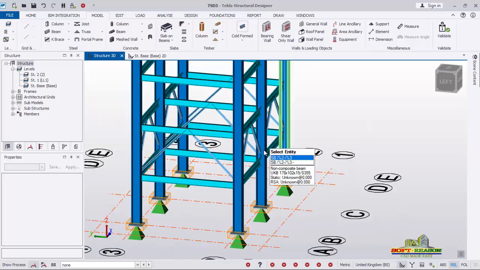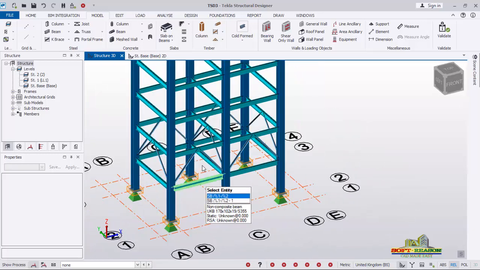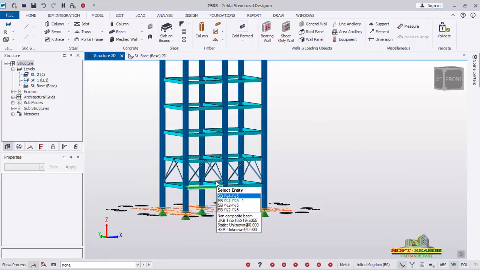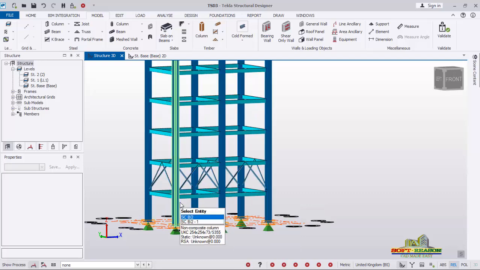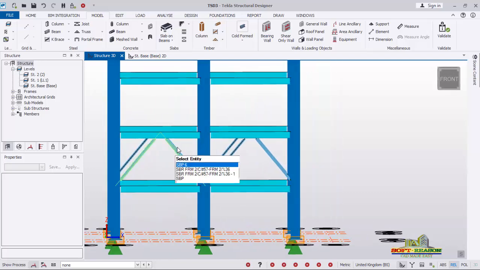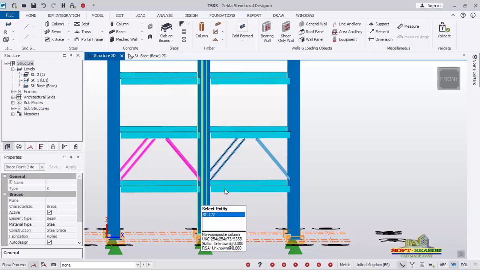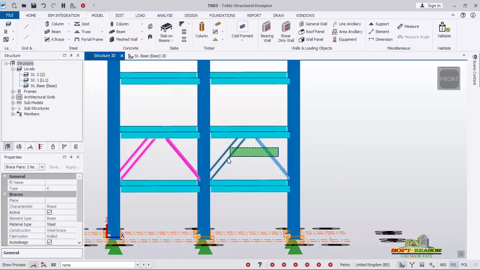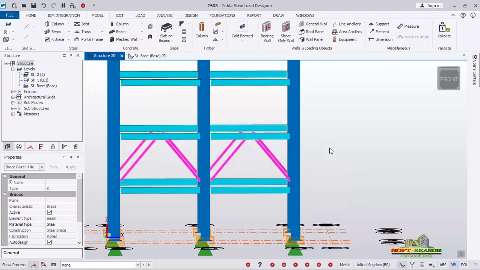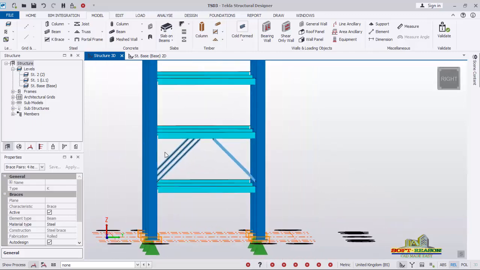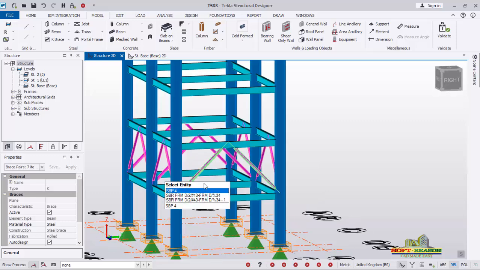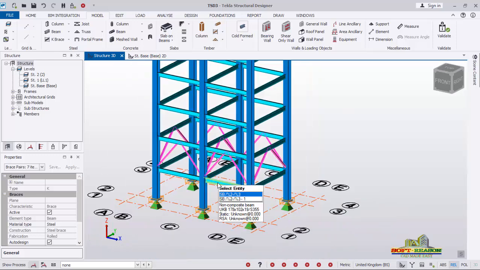All right, so having this instructed successfully, we want to be populating these equal angle braces to other provisions. And for us to do that successfully, position it this way and highlight the angles, braces, hold the control key, highlight this one as well. Then rotate the structure this way, so you can highlight the middle ones just like this. All right, so having it all highlighted like this, straight away,